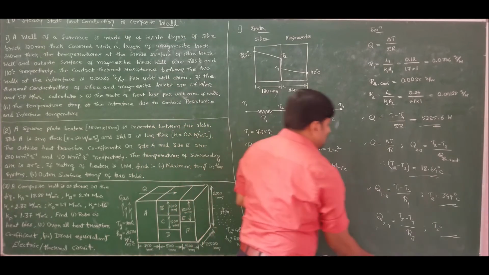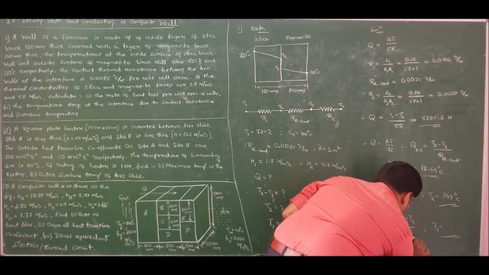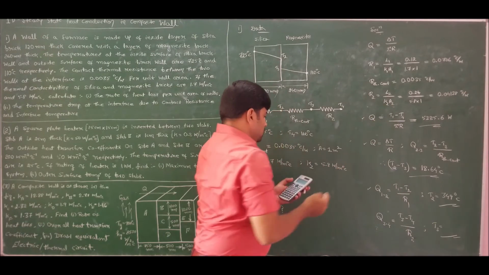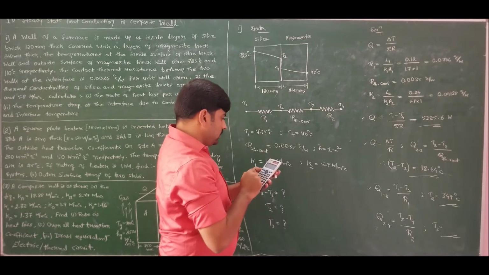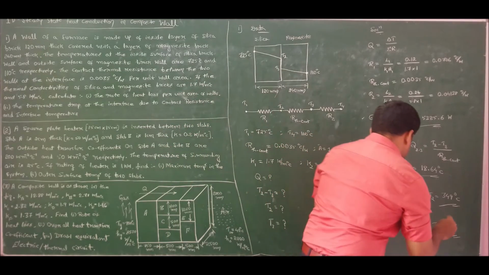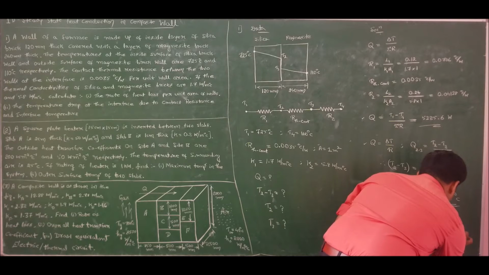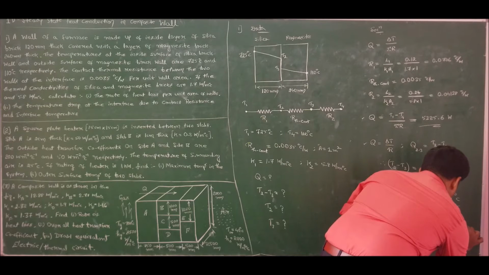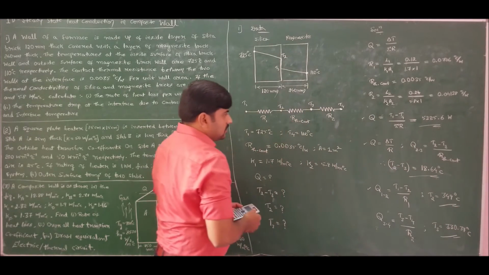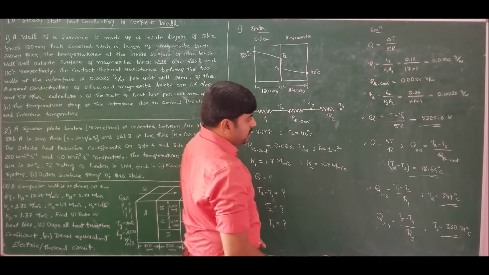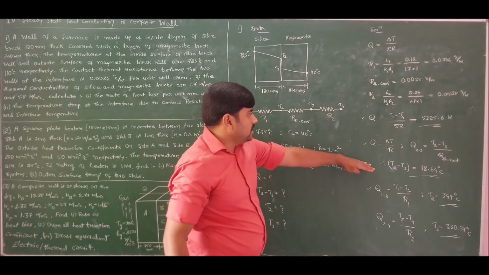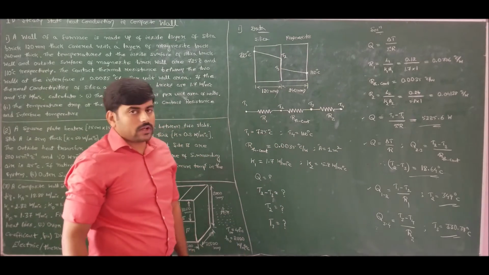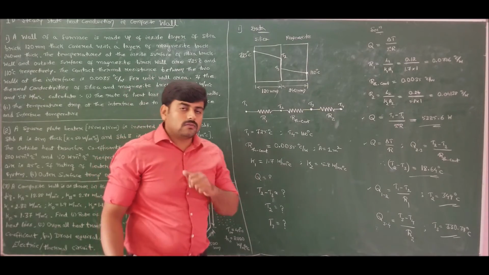It is R2, sorry, we have noted it down as R2, resistance R2. R2 is turning out to be 0.04138. Shift solve is equal to, so T3 is 330.37 degrees Celsius. So it is clear that there is a temperature difference of 18.6 degrees Celsius, which is already determined, which is correct. Let me pause this video for a while so that people can copy it down. Later we will solve problem number 2.